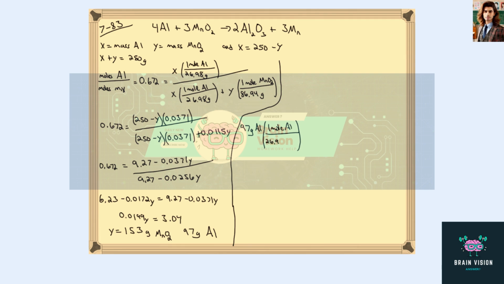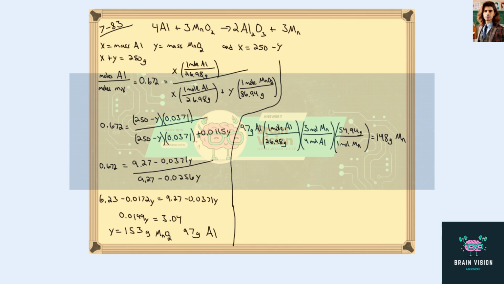So if I have 97 grams of aluminum, if I divide by the molar mass of aluminum, I will get the moles of aluminum. I'll then go to my balanced chemical reaction. The product that we are interested in is manganese, and I'll convert the moles of aluminum to moles of manganese, seeing that it's a 4:3 relationship. Then when I have moles manganese, I can multiply by the molar mass of manganese to figure out the mass of manganese that can be produced from 97 grams of aluminum, and we get 148 grams manganese. But we don't know if that's the theoretical yield